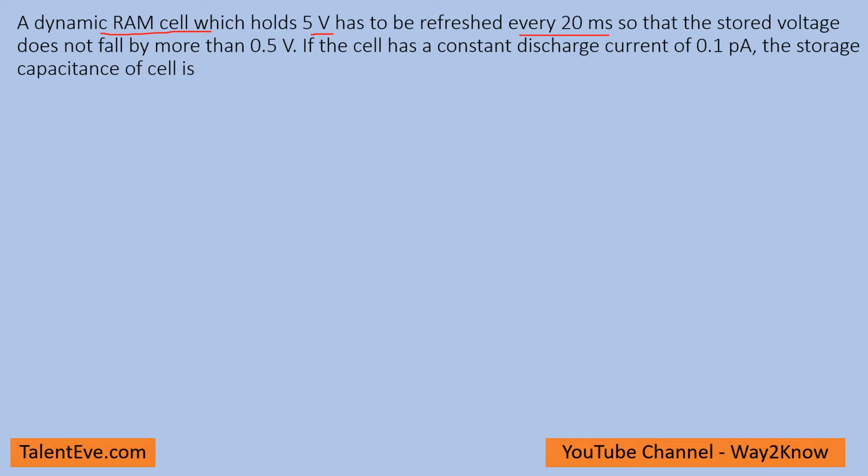random access memory needs to be refreshed to keep the charge as it is. Now what it is saying is the voltage should not fall below 0.5 volts. So if the constant discharge current, the capacitor discharges at a rate of 0.1 picoamps, what is the storage capacitance of the cell? So now let us take the scenario of a